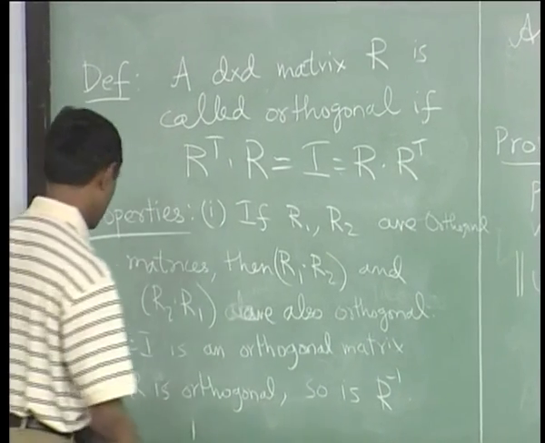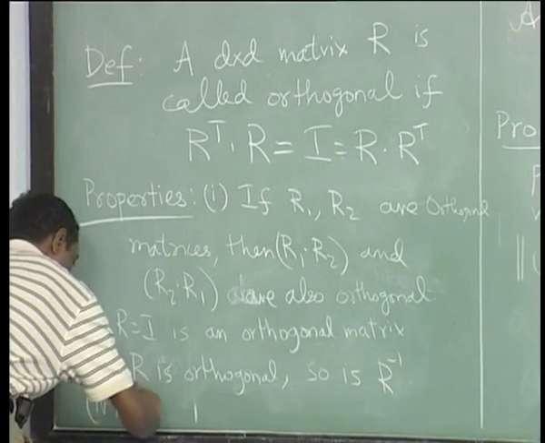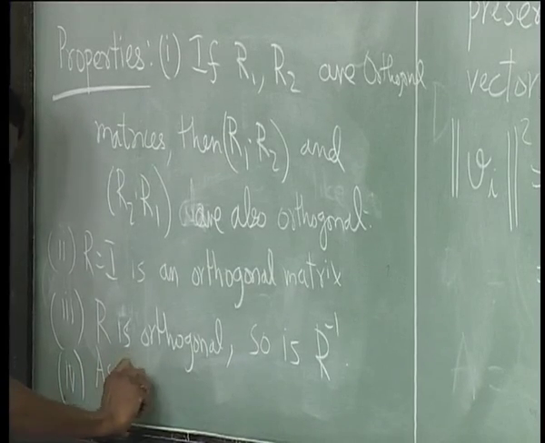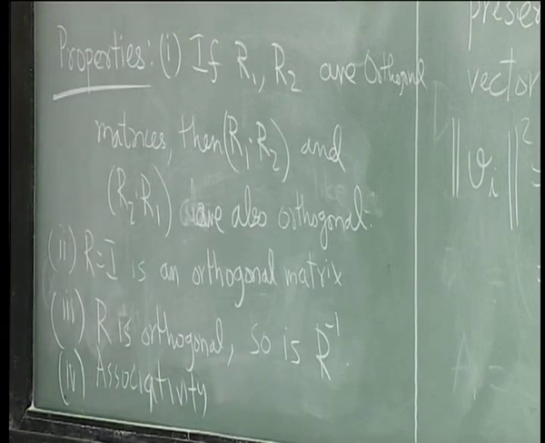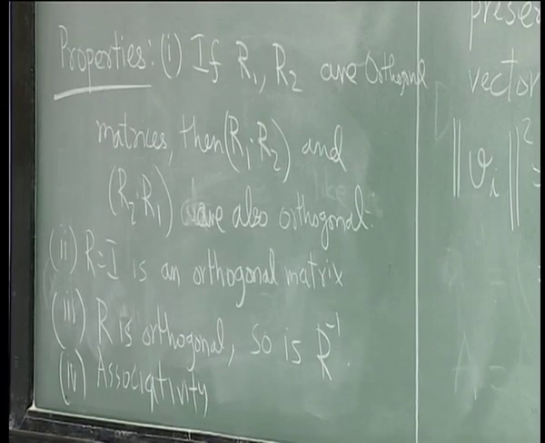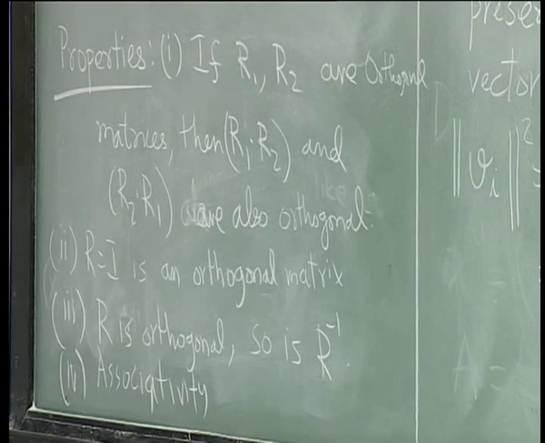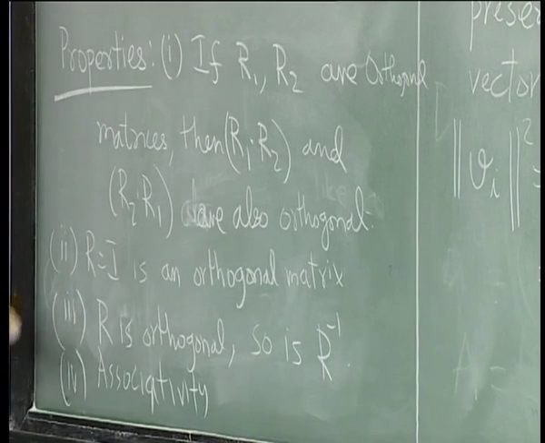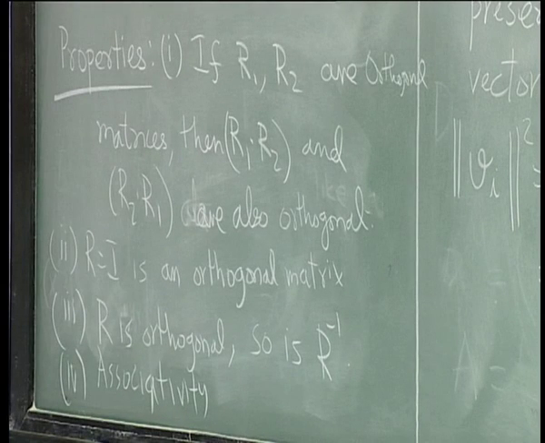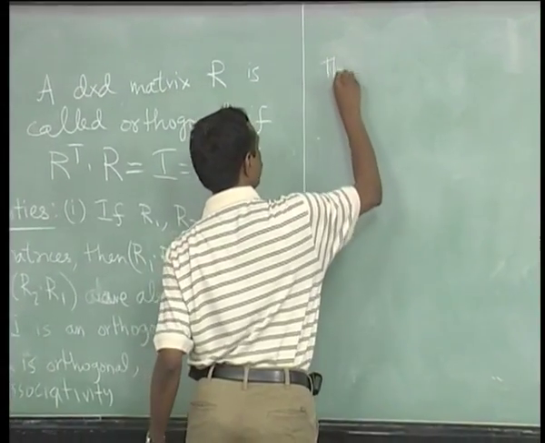And of course, the last bit is associativity. That means, if you have 3 matrices R1, R2, R3, the ordering does not matter, and you will get another rotation matrix. So, this defines for you actually a group. These 4 properties